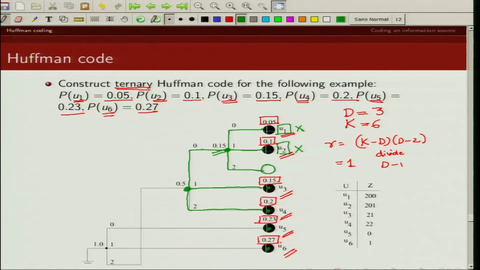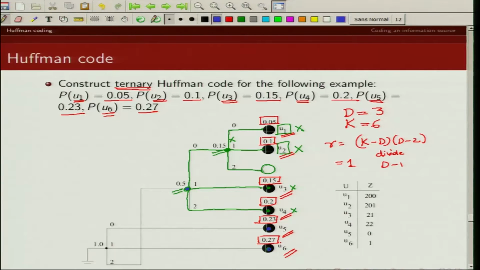I create a new node. Its probability is given by the sum of probabilities of these 3 nodes. So it's 0.15 plus 0.15 plus 0.2. So that's 0.5. And now I deactivate these nodes. So at this point my active nodes are this, this and this. So I have 3 active nodes.